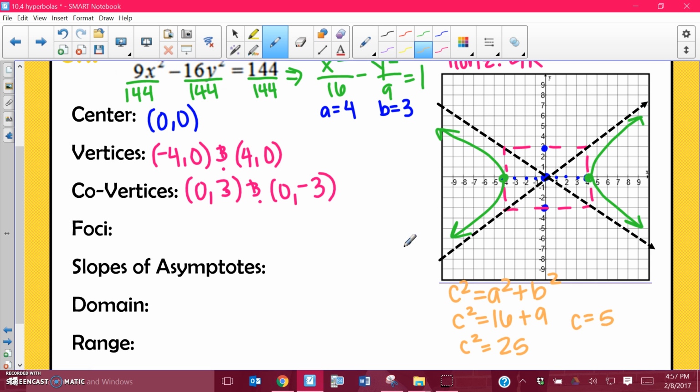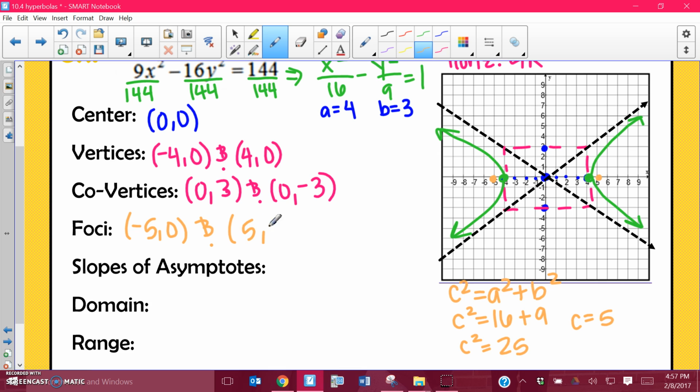Okay, now be careful here. You always take your foci from the center. So I'm going to go 5 along my major axis, or along my transverse axis, from the center. So 1, 2, 3, 4, 5 right here. They should always be on the insides of my branches, but that makes my foci at negative 5, 0 and